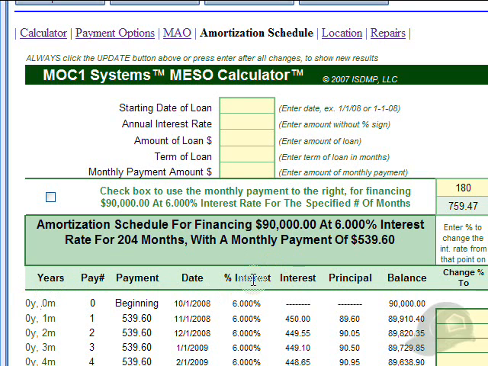This column is what the actual interest is. This column is what portion of the payment goes to interest and what portion goes to principal. And this is a rolling balance of what is owed on the loan. For example, at the beginning, $90,000 is owed, day 1 of the loan. After 1 month of the loan, then principal-wise, about $90 has been paid, which leaves a balance of about